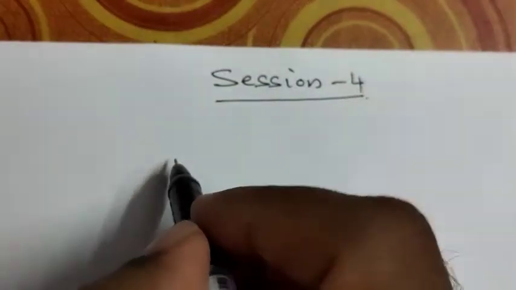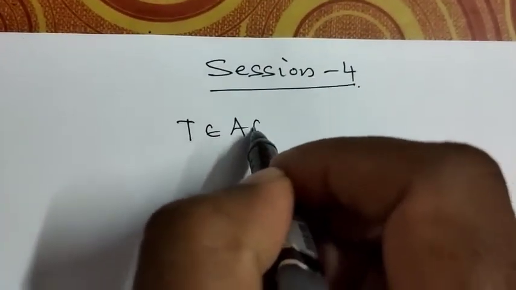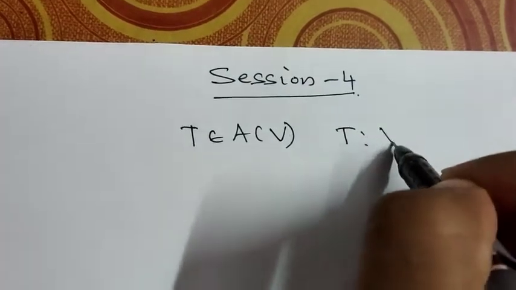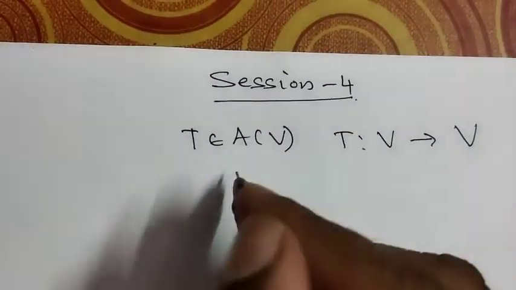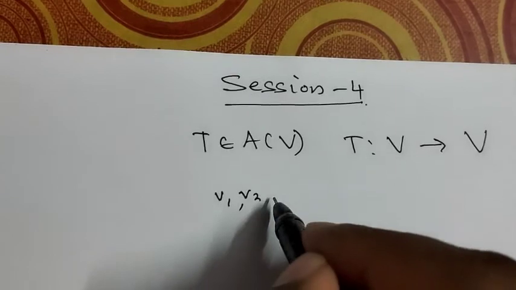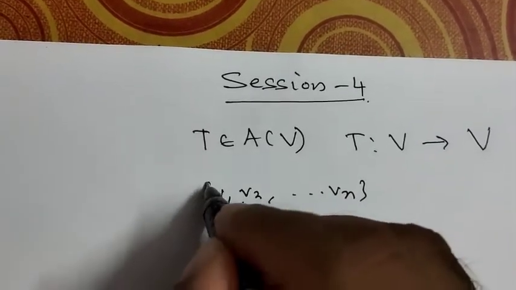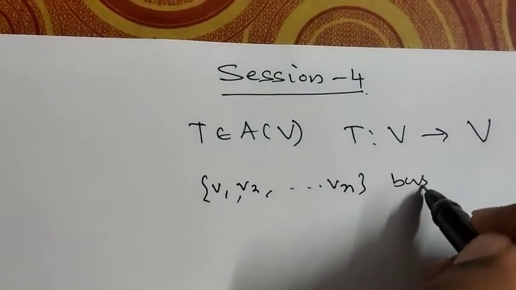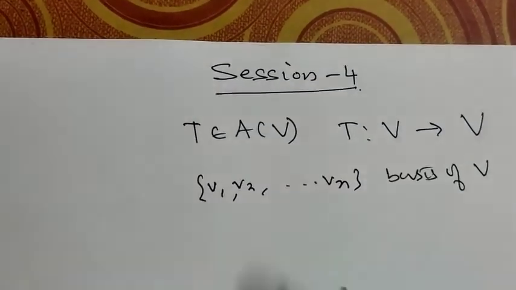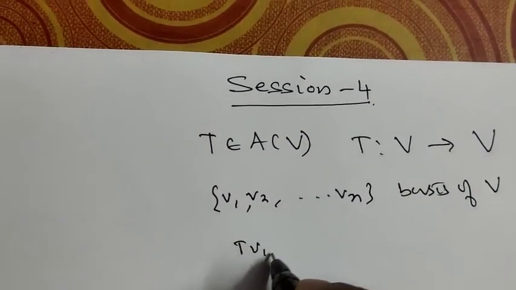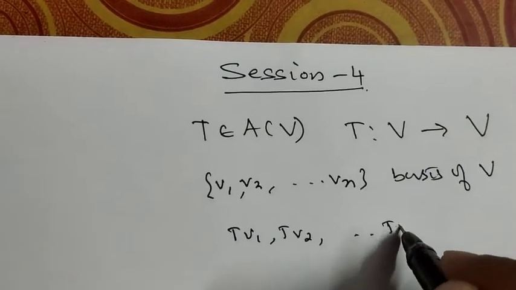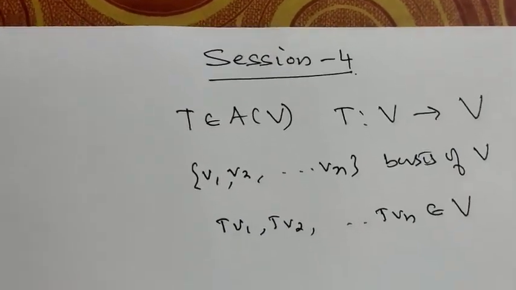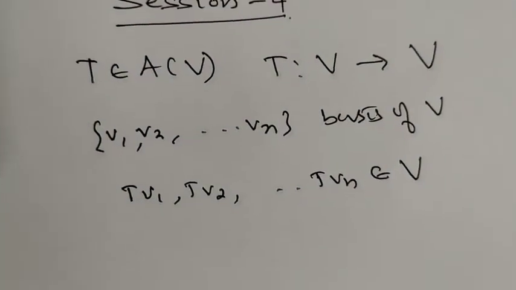So in the last class we studied what is meant by the matrix of a linear transformation. Suppose T belongs to A(V), that is, T is a transformation from V into V, and if V1, V2, etc., Vn is a basis of V, then each of these elements T(V1), T(V2), etc., T(Vn) belongs to V, and so they can be written as linear combinations